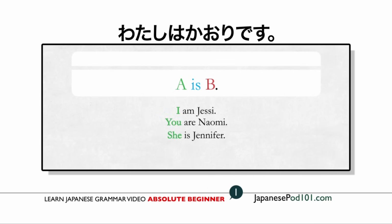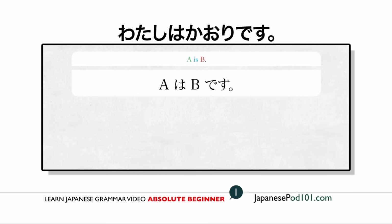We have A, which is the item being talked about, and then we have B, which is what we identify it as. So in Japanese, how would we say A is B? A は B です。 One more time. A は B です。 Let's break it down. So we have A followed by は and then B followed by です。 Okay, so the pattern one more time. A は B です。